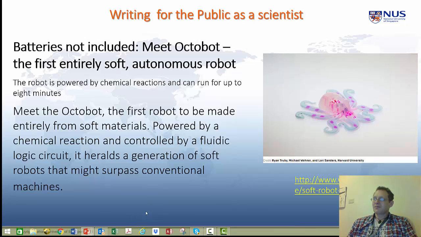But you get the picture, and you literally get a picture. That's a hook. Looks like an octopus. Yeah, it's artificial. So the hook is the picture and the words. You've not got too much detail, but you've got enough to know that this is really quite important, and it's actually quite interesting. We don't want to go around making octopi, I should say, but nonetheless, this is an interesting idea.